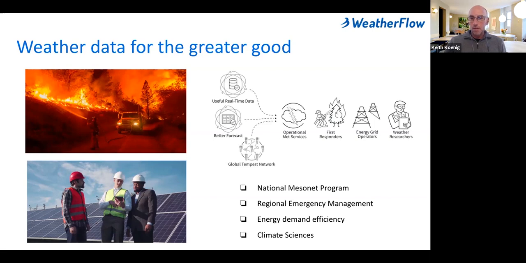And last but not least, the climate scientists who are seeing an unprecedented change in our weather patterns, and those municipal policy managers saying, geez, we really need good data to make good decisions. And that starts with all of us now collecting good data and putting it in the hands of those making decisions.